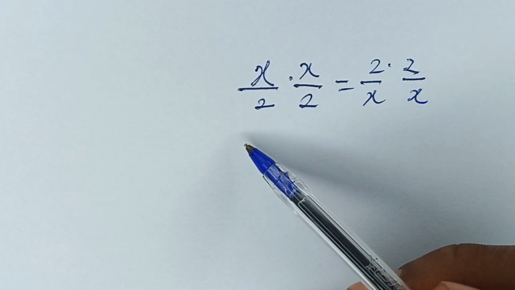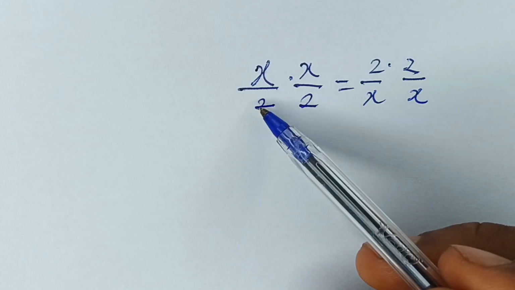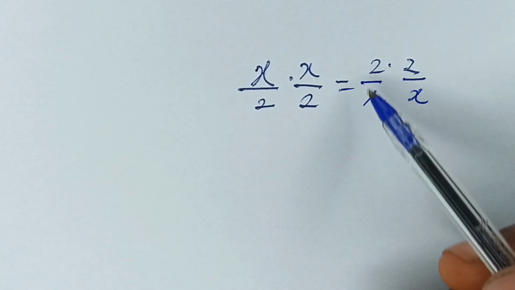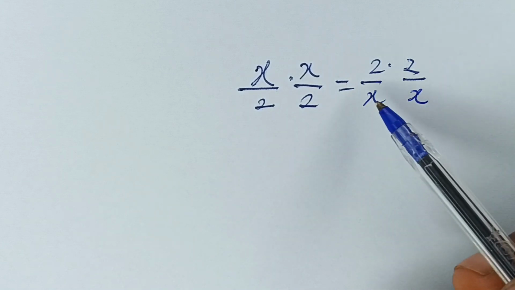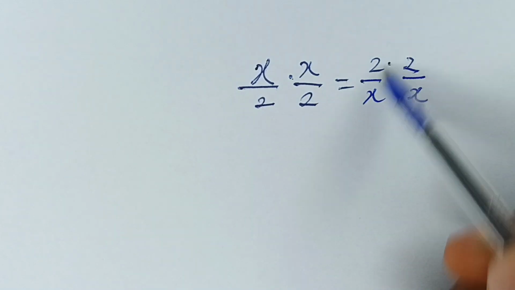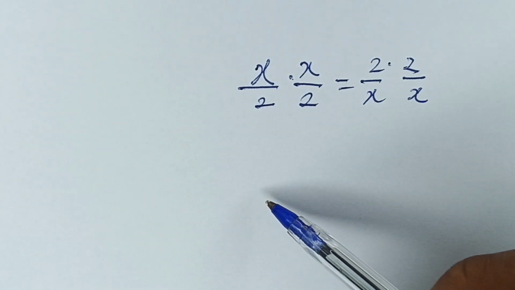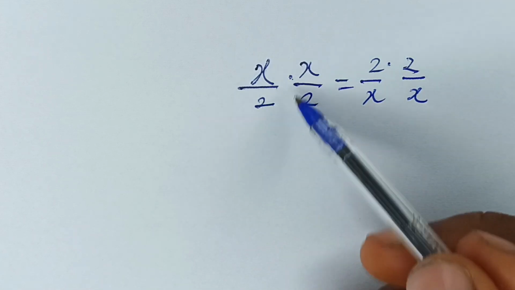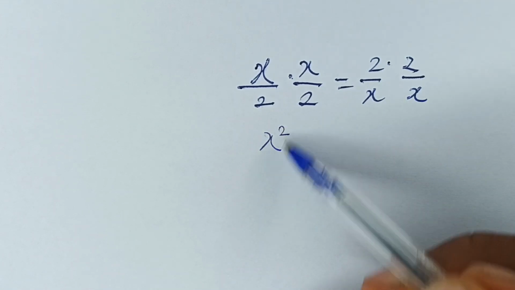Let's solve this together. It says x over 2 multiplied by x over 2 is equal to 2 over x multiplied by 2 over x. Now, if you're wondering why I read this as multiply, the dot simply means product, alright? So don't get confused. Now, moving on, we are going to have x times x to be x squared divided